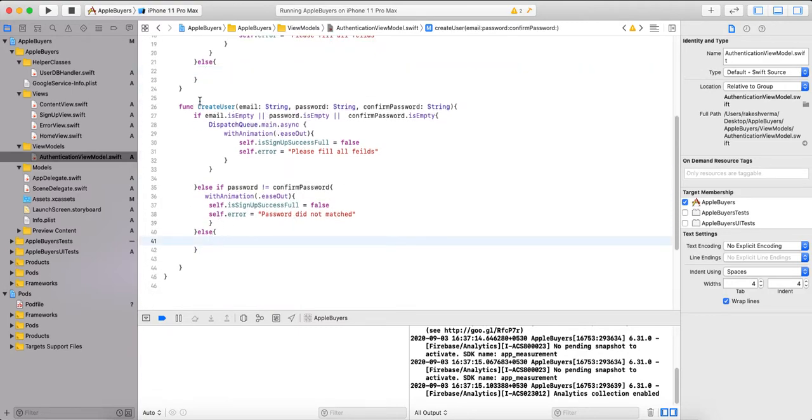For that we have already created a function with email, password and confirm password, and check the password. If it is not successful, then it will show this error and it will impact on the UI, which I will show you later. The other check is if the password is not equal to confirm password, then it will be this error. Then all the checks and validations are done, then we can use auth create user with the email and password,